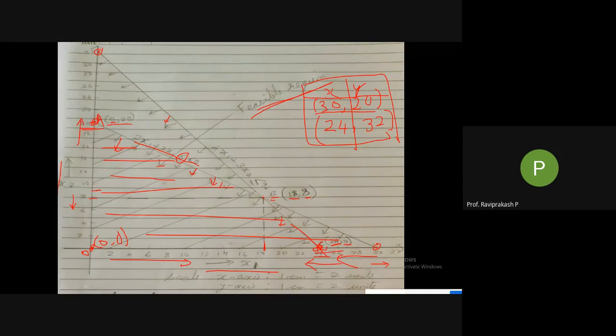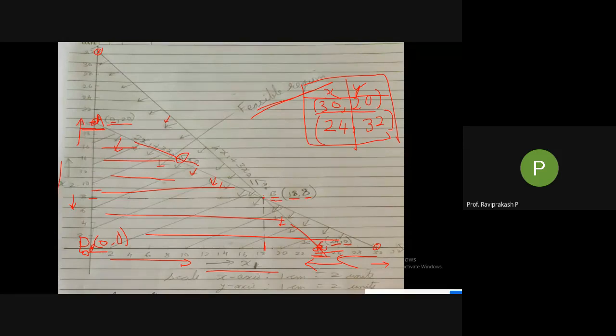You can take anything. You can take A here, B here, C here, and D here. Usually I'm not using this origin, so I'm not marking it. If I want, I can mark A, B, C, and I can put a D here. D is 0, 0, so I'm not marking it. These particular points, A, B, and C, have to be substituted in your objective function.